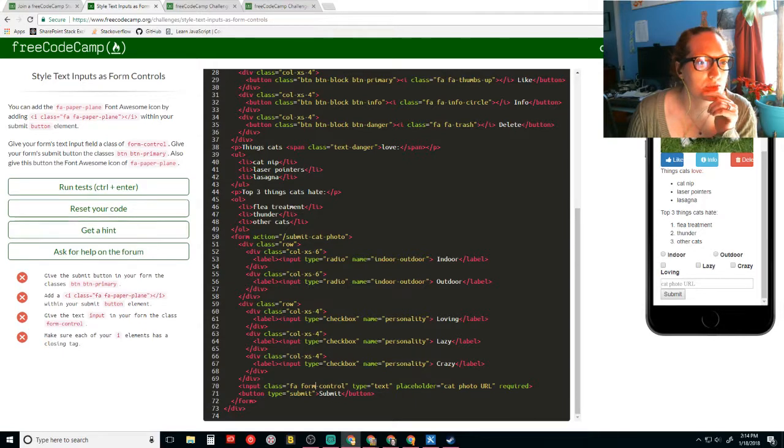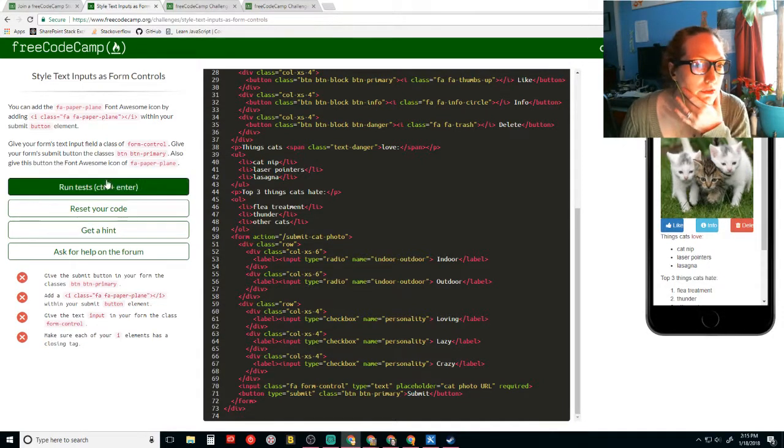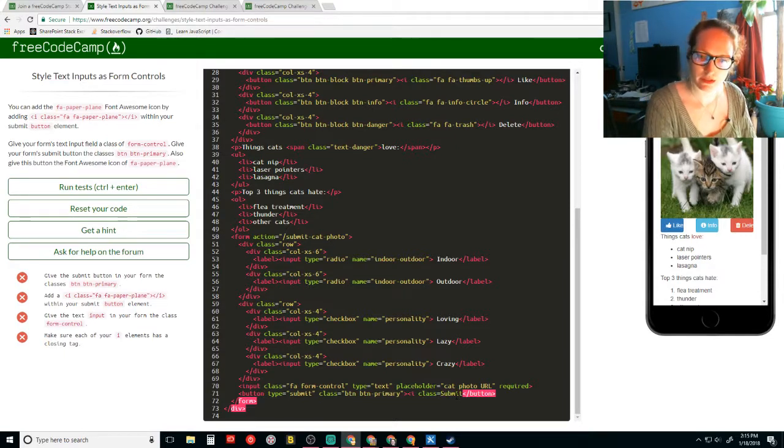Give your form submission button the class of btn-primary. And then give this button the icon of icon, class equals fa-paper-plane.